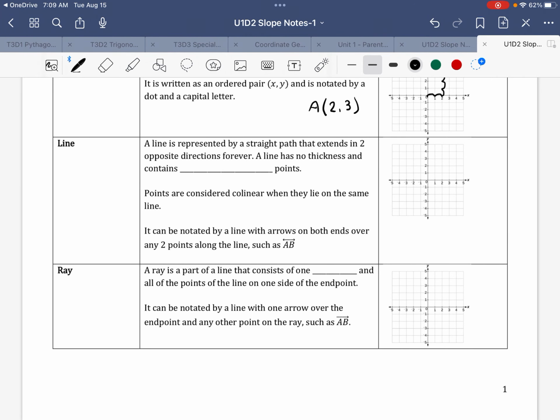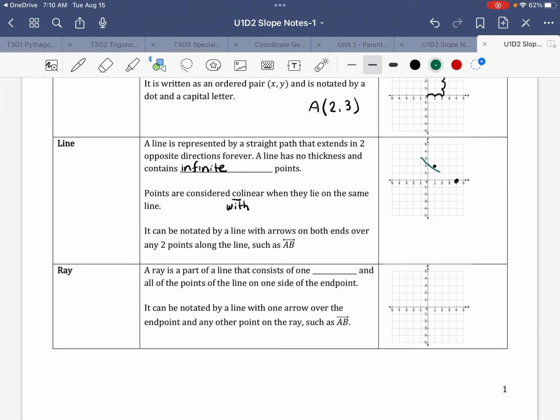A line is represented by a straight path that extends in 2 opposite directions forever. It has no thickness, and it contains an infinite number of points. Points are considered collinear, co meaning with, so within a line, when they lie on the same line. They can be notated with a line with arrows on both ends over any 2 points along the line, such as AB. So if we have a point here at 1, 2, and here at 4, 0,